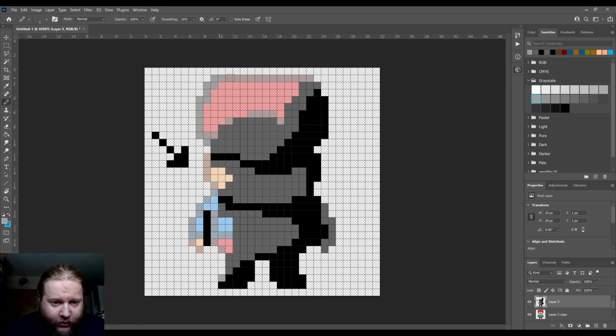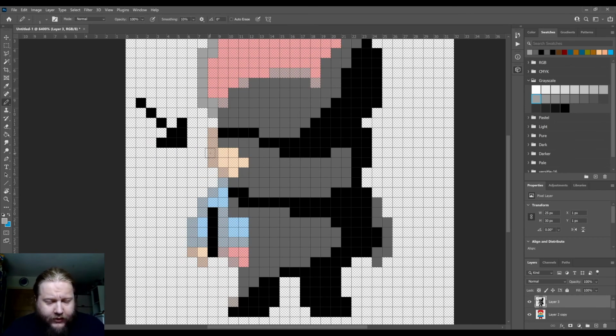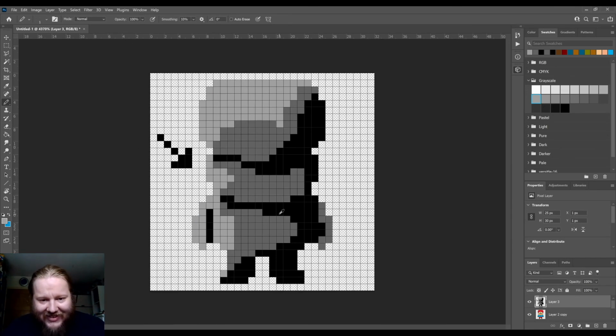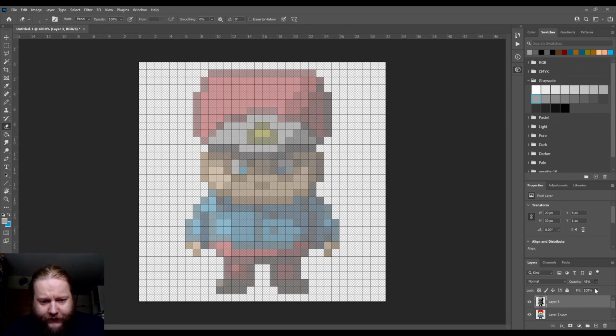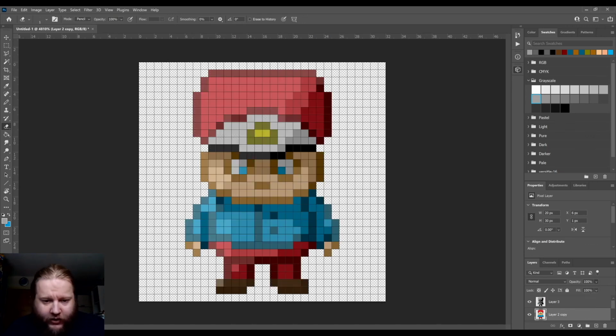And what I'm just going to do is outline all of this so that I can just fill it up with the paint bucket. Work smarter, not harder. There we go. So let's just remove that. Remove the arrow. And now, if I reduce the opacity just a little bit and increase the opacity on him,